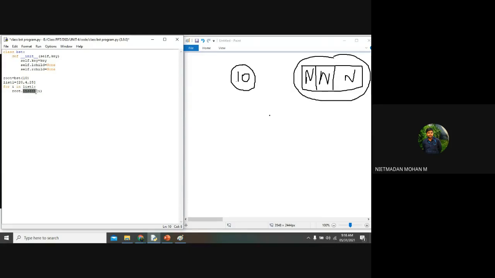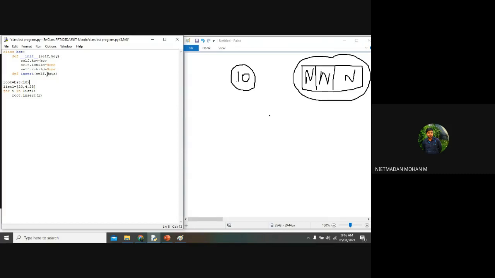And what is meant by this insert? Adding elements. Yes, this insert, if you are calling this root dot insert of i, this insert is my function. This function I am going to declare inside the class. It means insert of self comma data. So I am taking data here.